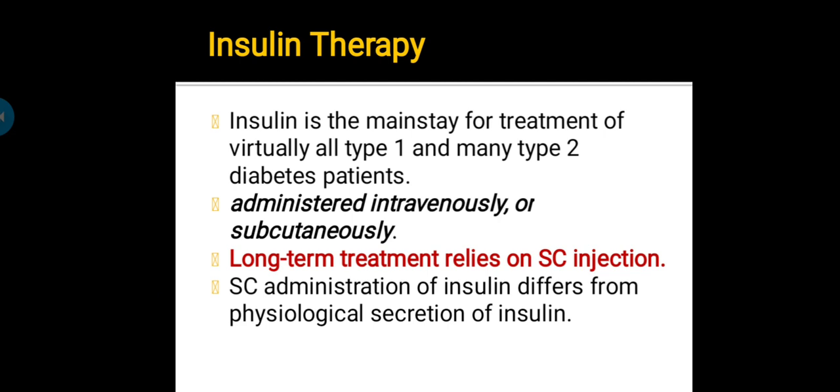So in type 2 diabetes mellitus, or type 1 diabetes mellitus, when there is an insulin secretory defect, there is no such peak, and we have to give the insulin from outside, delivered in the subcutaneous tissue,